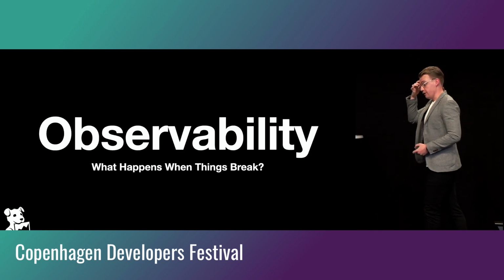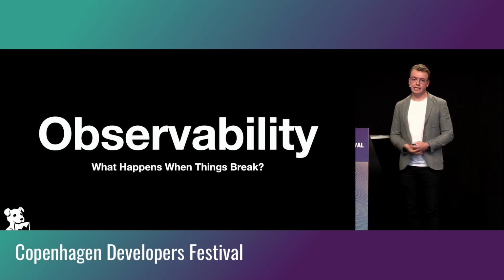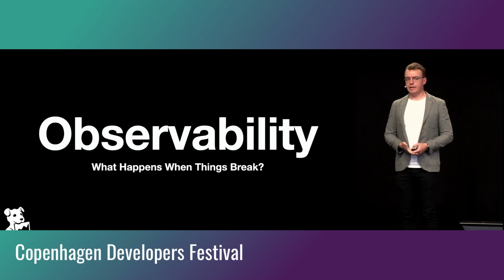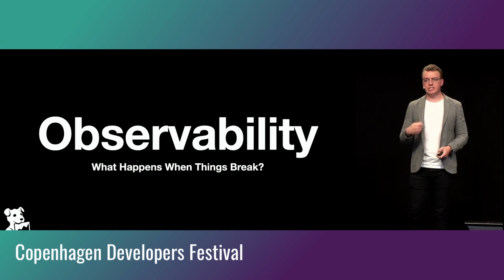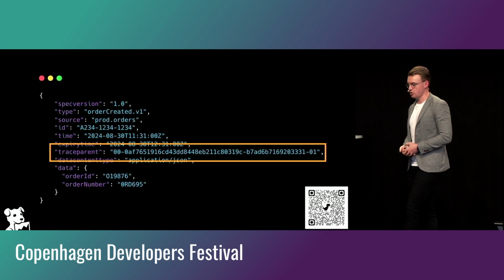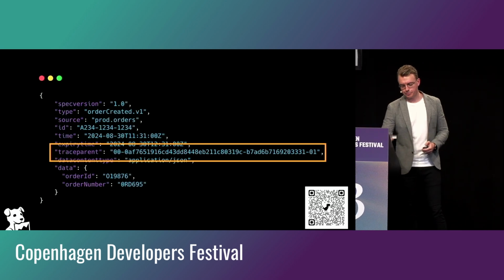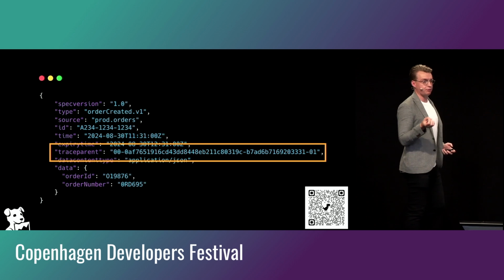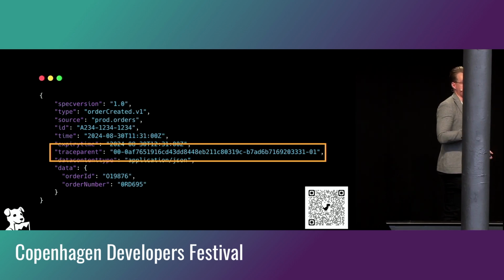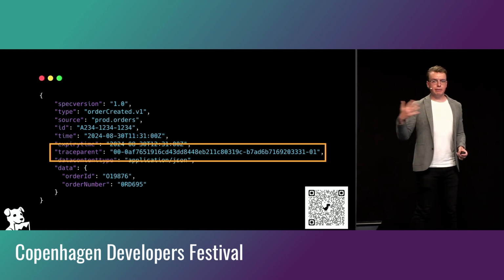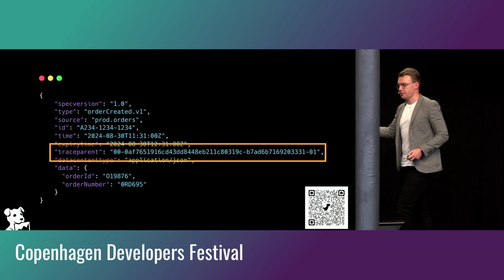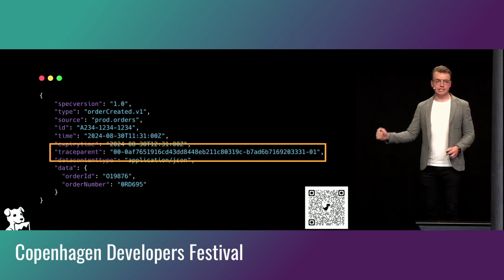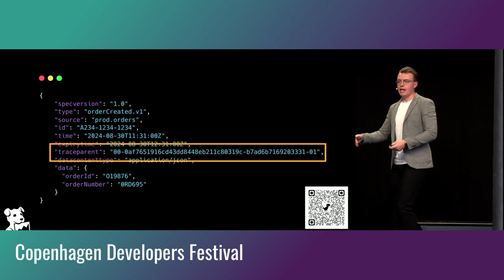Another topic that's incredibly important in event-driven systems, and there's probably a whole other hour I could talk about observability in asynchronous systems. This is probably its own talk. But there's something I wanted to point out today, and that is make sure you include the potential to add distributed tracing to your event-driven systems. If we come back to that CloudEvents specification again, the specification actually includes a spec for distributed tracing, the traceparent property. And here I'm using an OpenTelemetry compatible trace context, but it doesn't necessarily need to be that. It could simply be a correlation ID. It could be some common identifier that you pass from system to system to system